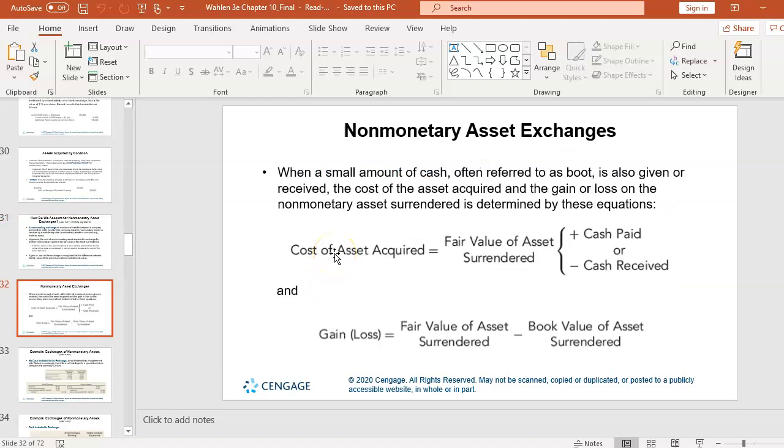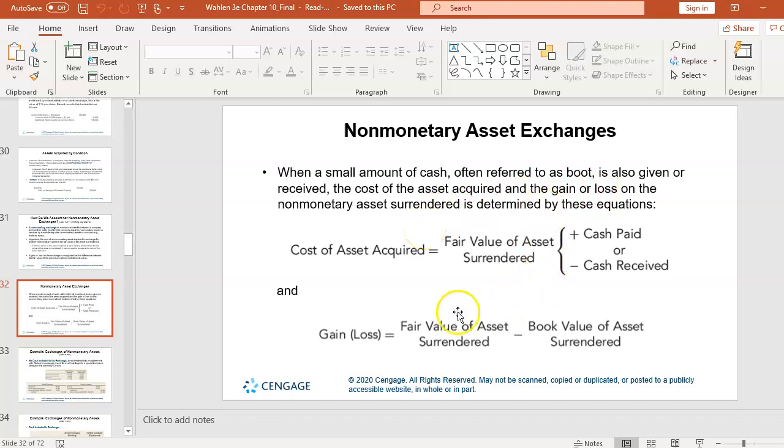Okay, so this is a general rule of thumb. This is slide 32, probably one you'll want to refer back to when you do some of these homework assignments. Keep in mind the term boot right here. A small amount of cash is referred to as the boot. When that's given or received, the cost of the asset acquired